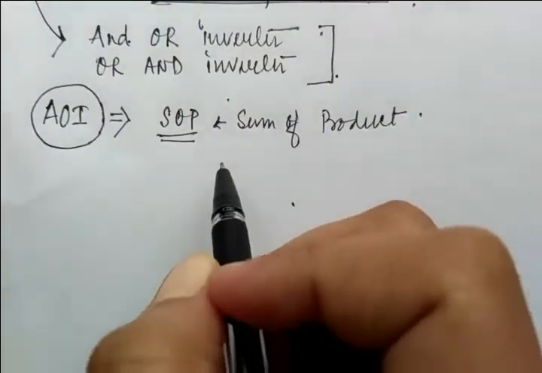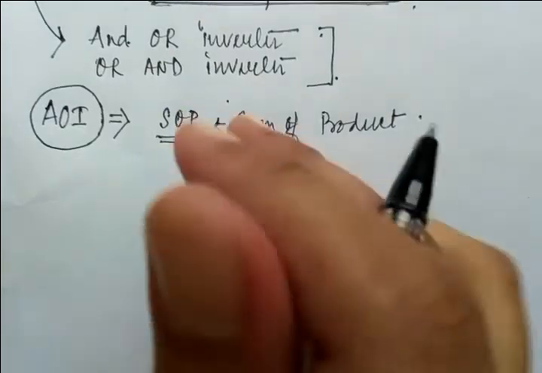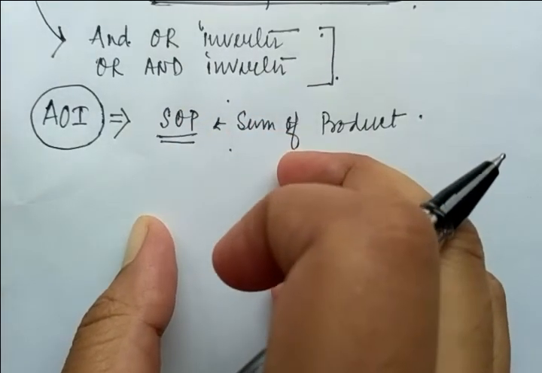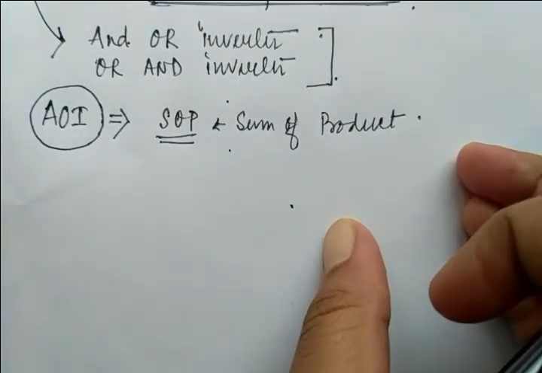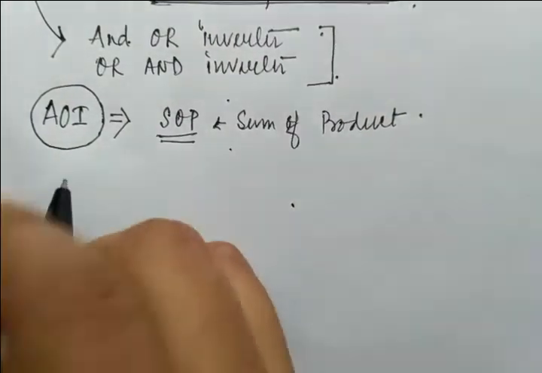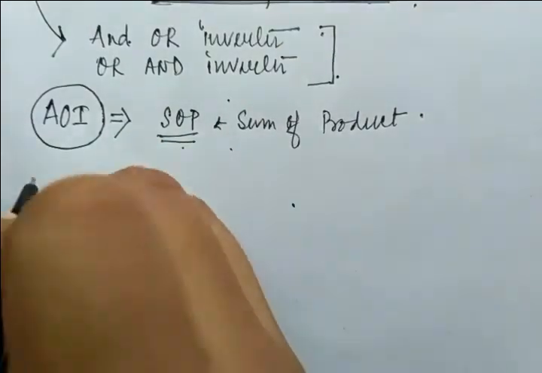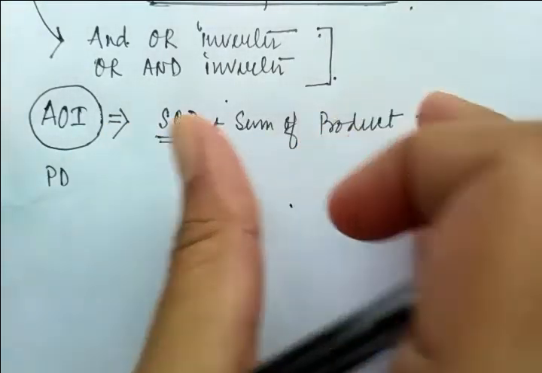The rule is that whenever a sum of product expression is there, the pull-down network of the design will consist of parallel branches of series connected NMOS transistors. I think it's becoming a puzzle in your mind, but don't worry about that. Please write down that whenever it is SOP, then the pull-down network, because we think of the overall design as pull-up and pull-down. The pull-down is designed using NMOS, the pull-up is designed using PMOS. And whether the PMOS will be connected in series or parallel is based on the expression, whether it is SOP or POS.